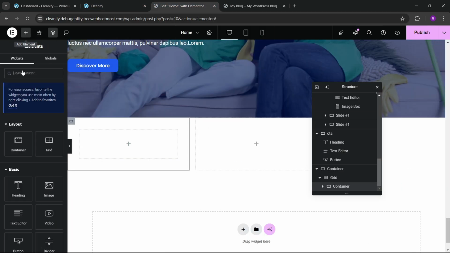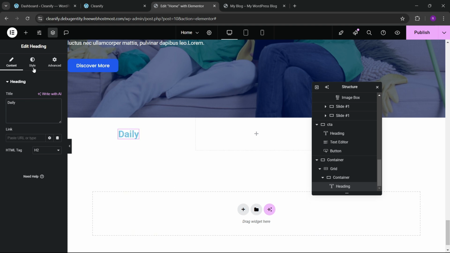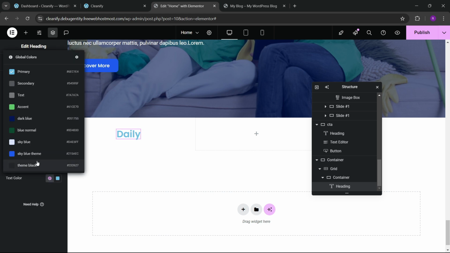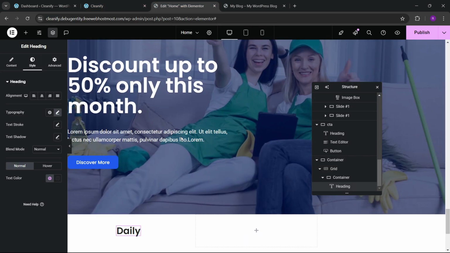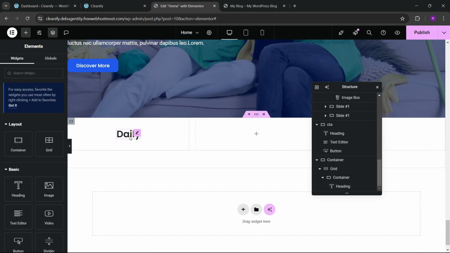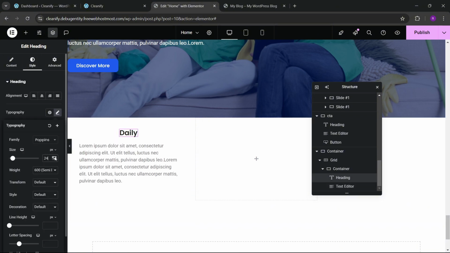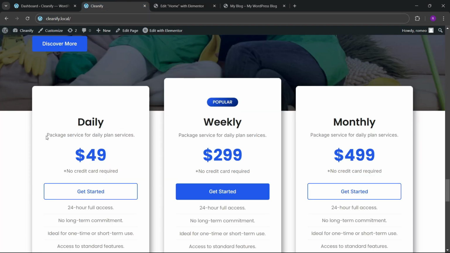Okay, and here we can add a text here, daily, and we can make this Poppins, and here we can make this theme black. Okay, now we can, okay, and here you can see that we can make this a little bit bigger. So let me make this 35 pixel, and okay, let's use the default only, and here we can copy this